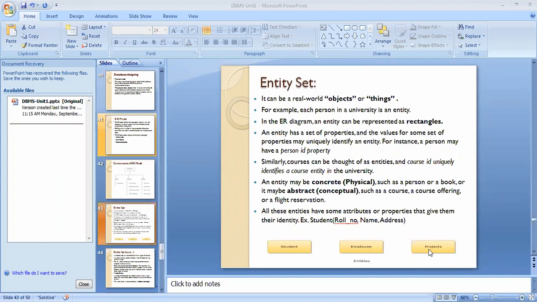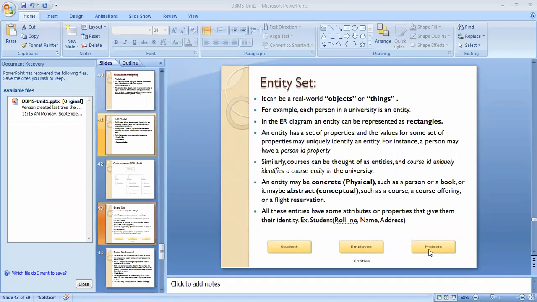So which are those properties? If there is a student entity, then student ID, name, address, marks, phone number, all these are the set of properties that come under the student. These properties uniquely identify each and every entity.